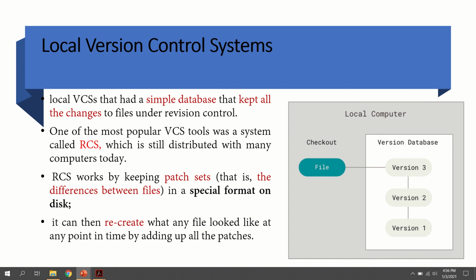And in RCS, how are the modifications stored? Suppose two versions of the same file exist. In our example, the first file consists of only addition operation.